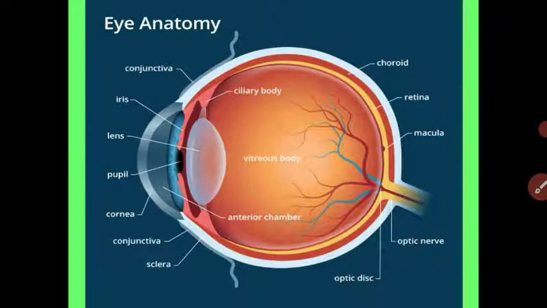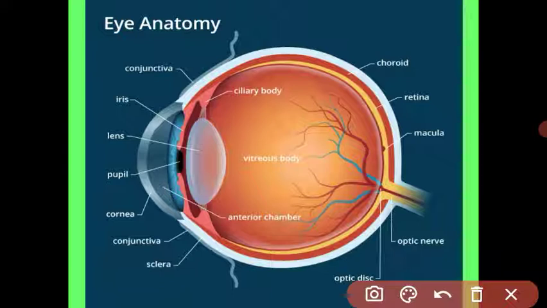In the last video I already explained all the parts of the eye and each function, but let us revise. See student, this is the outermost part of the eye, called the conjunctiva. It has a protective function. The next important part of the eye is the cornea. This is the outermost transparent layer, called the cornea. Behind the cornea is the main part. This is the outermost layer, the sclera, and the cornea comes under this layer.